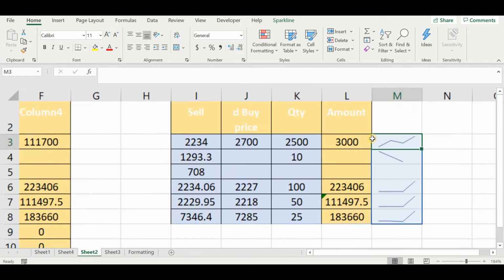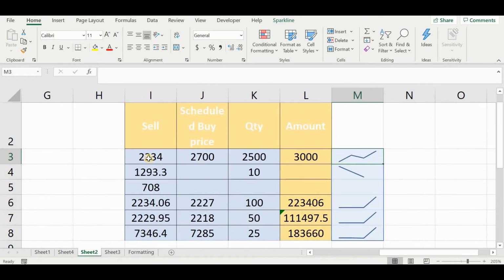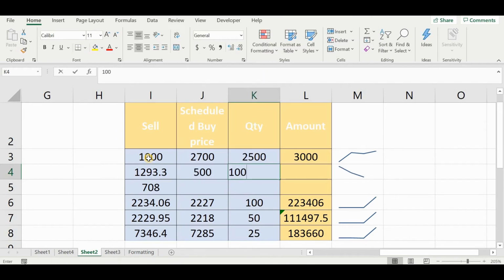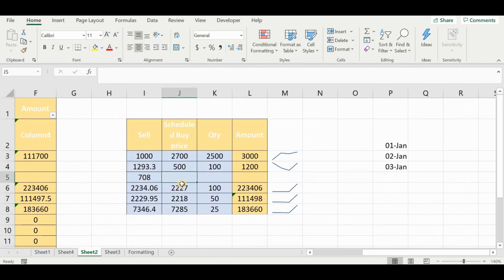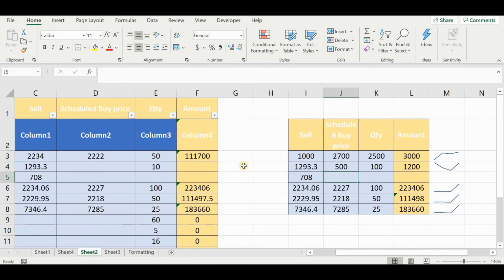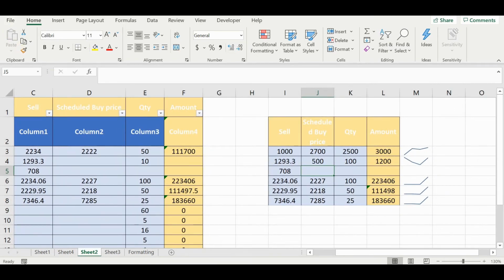Okay, if you want, let me make it a little bigger. So 1000. Okay, so it just gives you a basic trend: 500, 100, and 1200. Okay, so this helps us in understanding the trend of the different cells, especially if they are in a period.